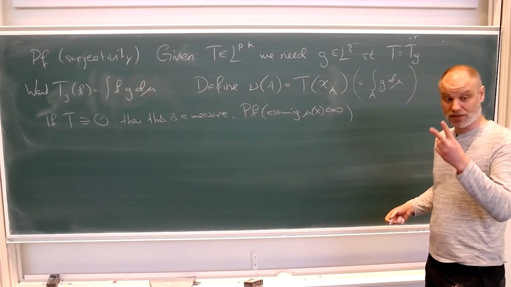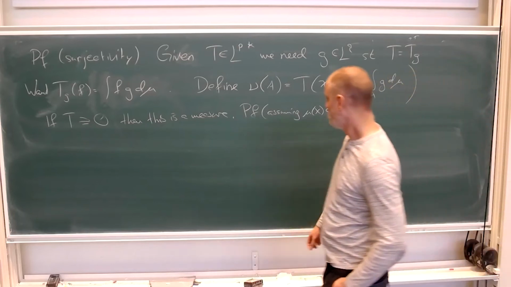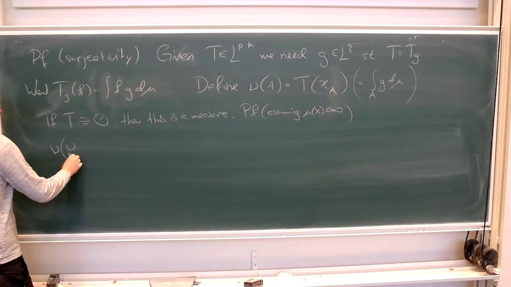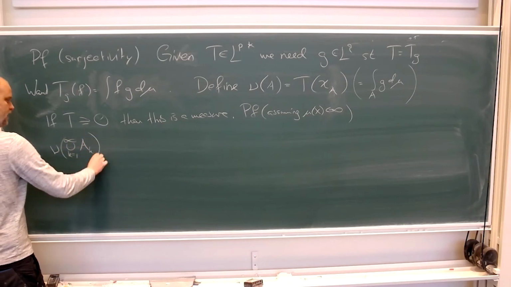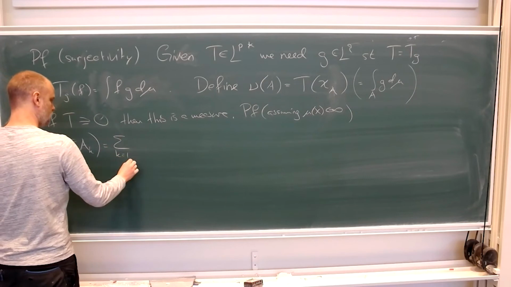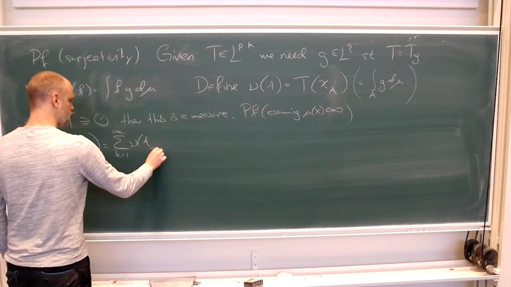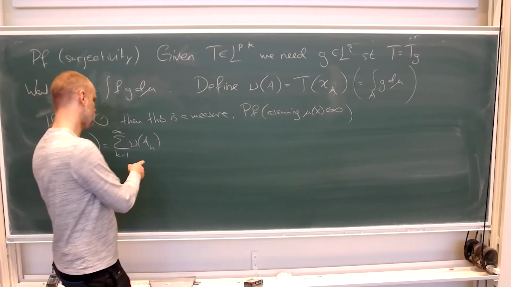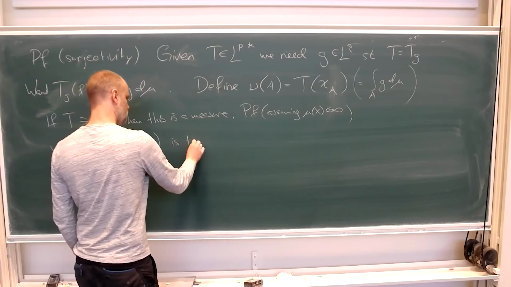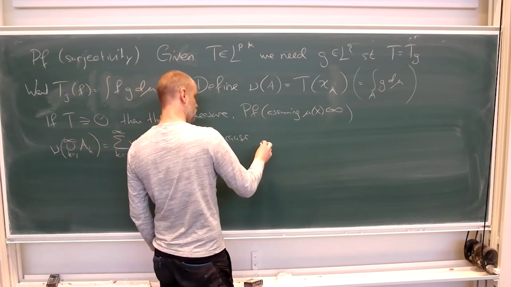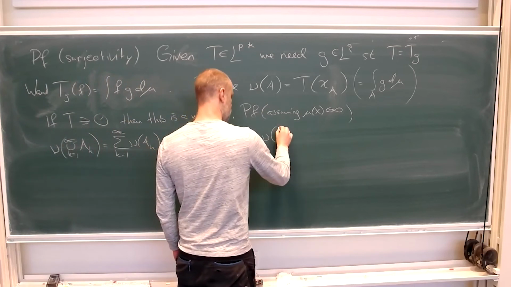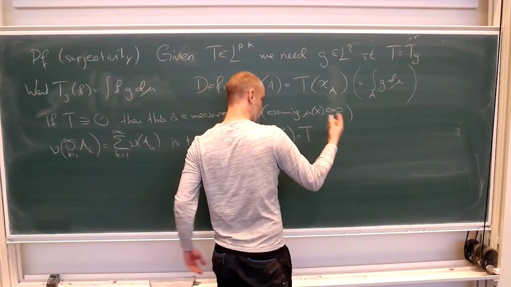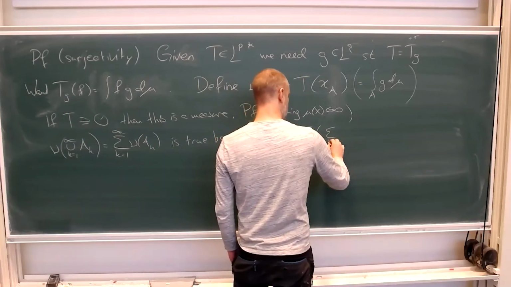The second thing we need to check, and the only thing we need to check, is the following formula, right? So mu of the union of AK should be equal to the infinite sum of mu of AK. Why is this true? Well, here I have, of course, that the AKs need to be disjoint. I'm not writing that, right? So then,